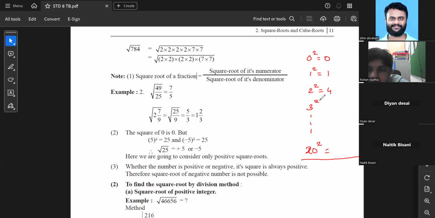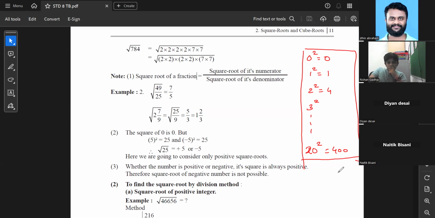So you must have to remember all these squares, 1 square, 2 square. It's for your own benefit itself. At least 20 square tak agar aap yaad kar payenge, हर एक स्क्वायर नंबर्स, 20 स्क्वायर इज 400 फॉर योर काइंड इन्फॉर्मेशन. सो हर एक स्क्वायर नंबर्स अगर आप याद कर पाएंगे तो योर कैलकुलेशन इज गोइंग टू बी वेरी स्मूथ फॉर यू गाइस. काफी इजीली आप कैलकुलेट कर पाओगे चीजों को. हेंस आई एम सेइंग. ओके,